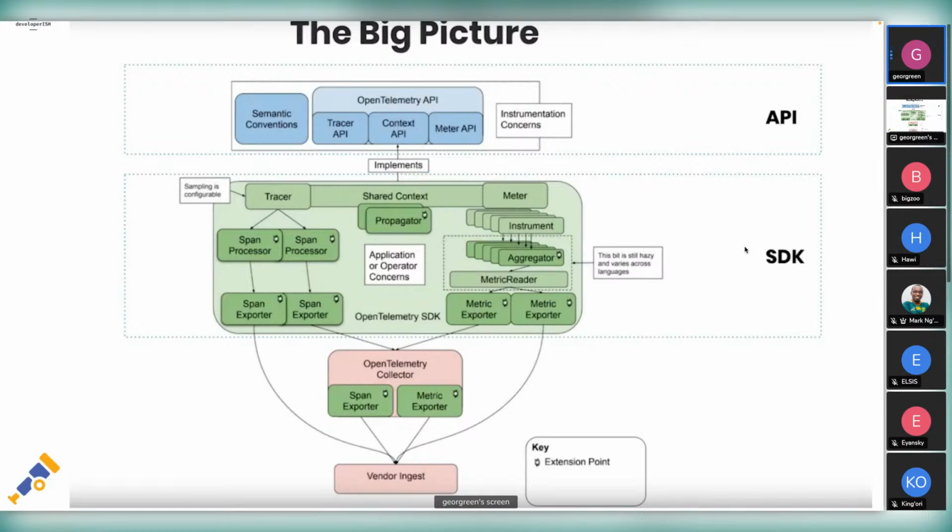How that telemetry is represented, how that telemetry is shared between different systems is done within an SDK. And this SDK is usually implemented for every language. And most likely, unless you're a library author or you want to contribute to this SDK, you won't be here. This is the SDK layer, as you can see, and it usually handles application or operational concerns. So it usually handles the idea of, okay, if an application wants a metric, how do we implement that